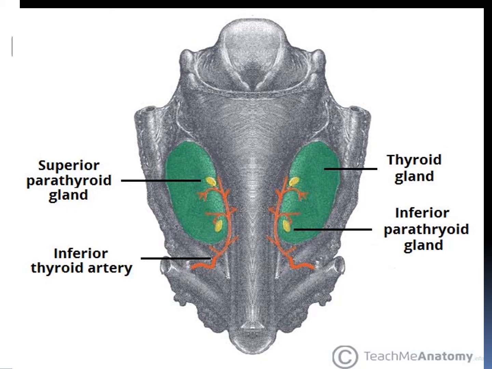This diagram shows structures in the human neck. The thyroid gland is shaded green. The 4 yellow shaded areas represent the most common positions of the parathyroid glands, which are usually 4 in number and situated behind the lateral lobes of the thyroid gland. Each gland is a yellowish brown flat ovoid structure that resembles a lentil seed. The glands which are positioned higher are called superior parathyroid glands and the lower 2 are called inferior parathyroid glands.